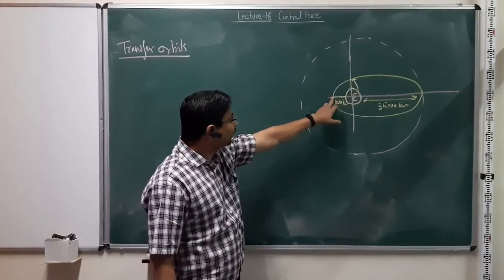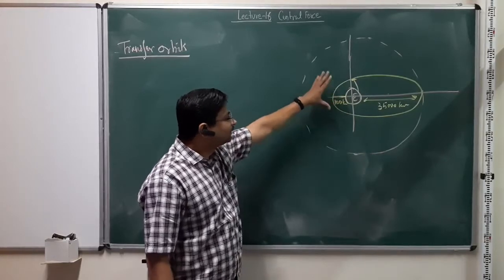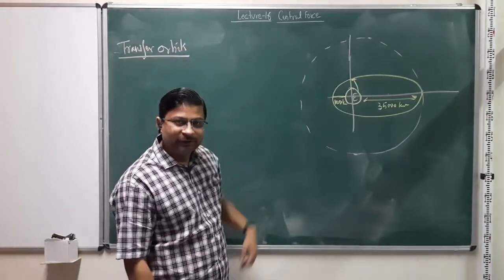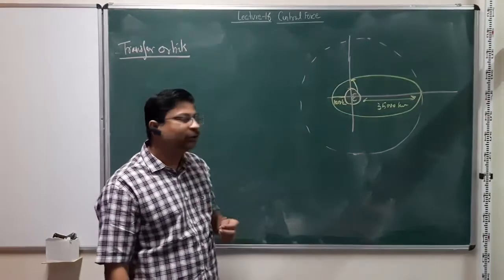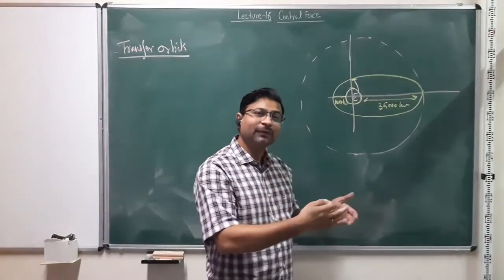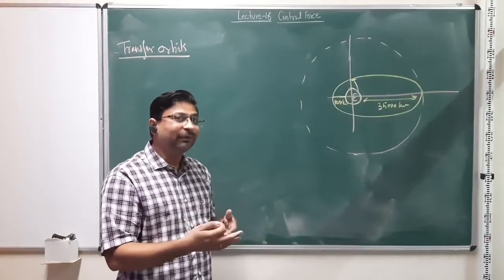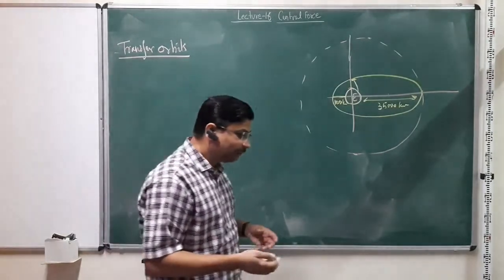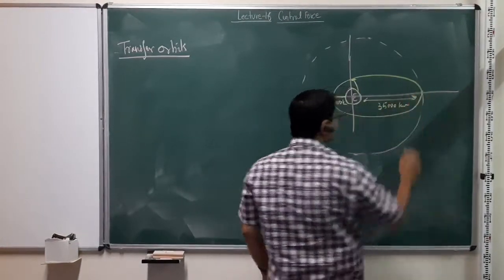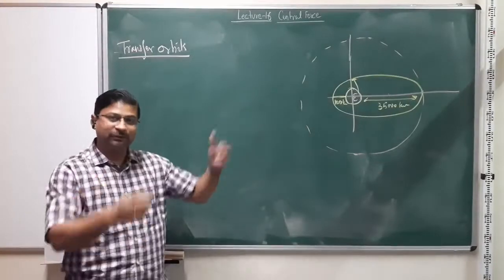So now once you have parked it here, what you will do is successively increase the size of this orbit, and for that we need to provide energy, but now we only need to provide energy to the satellite, right? We don't need to provide energy to the rocket itself, because if we are sending the satellite by the rocket and now we want the rocket to take it up to this location, then all that mass of the rocket also has to be lifted, right?